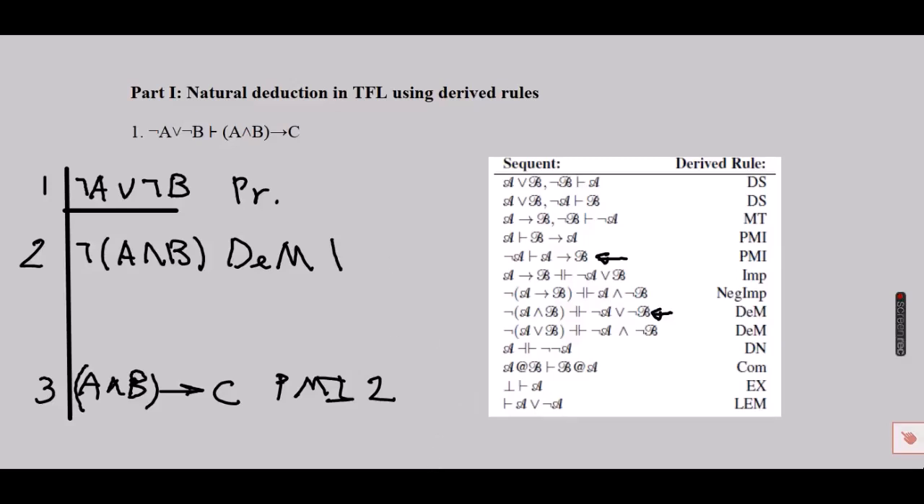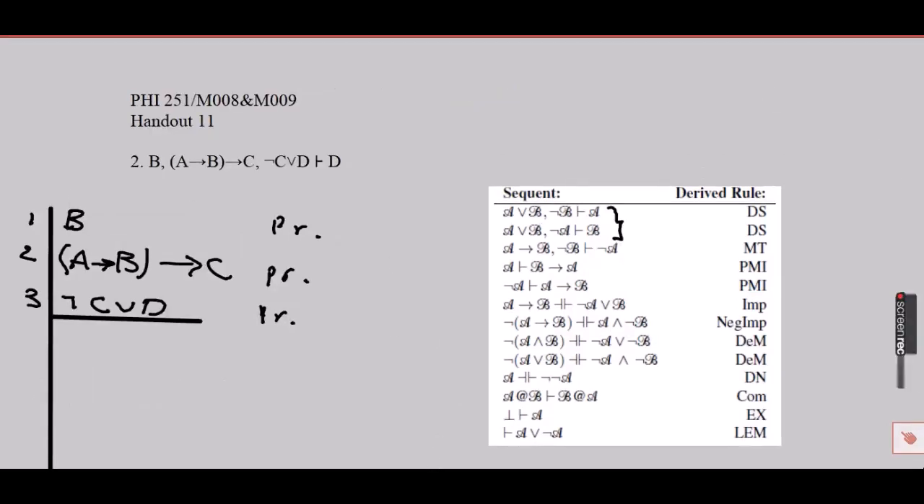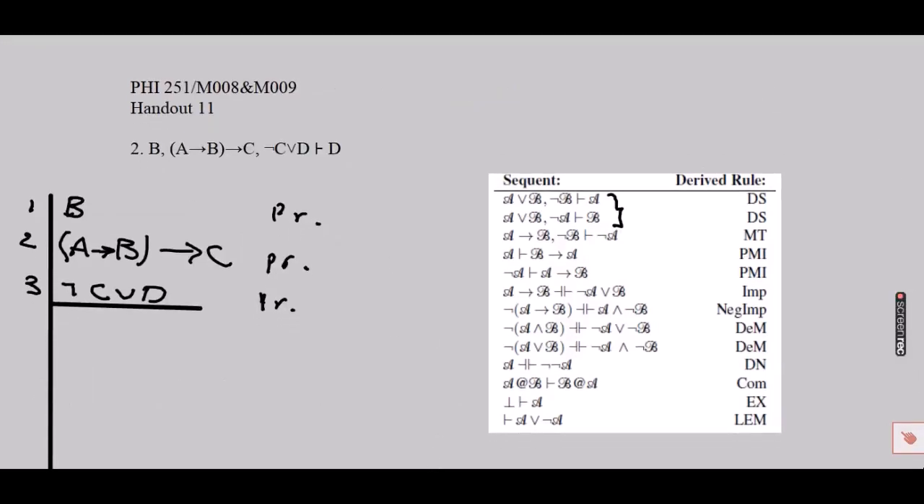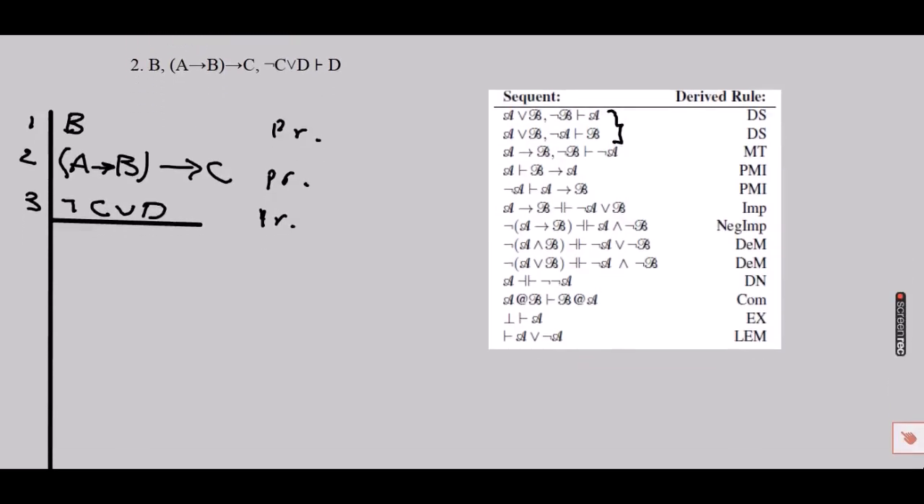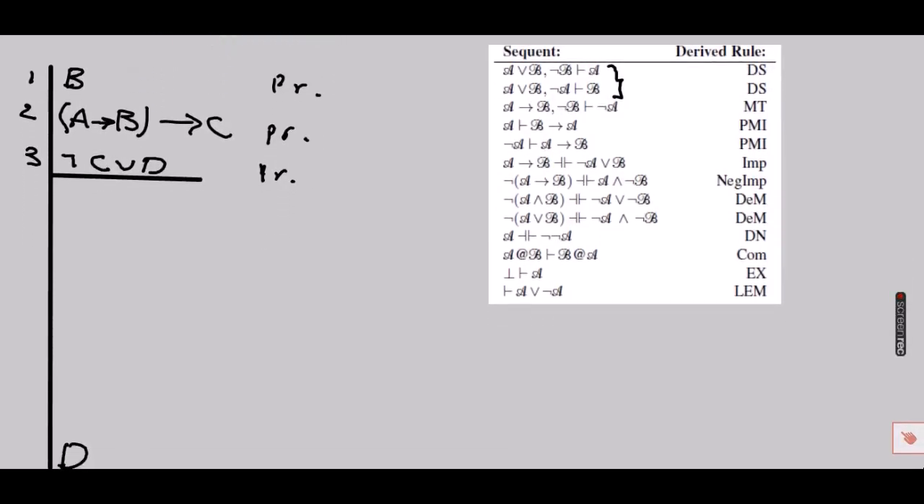Okay, now let's do another one. So here we have 3 premises, and our goal is to get to D. Okay, so my idea here is this. Since I'm trying to get D, and D is here in this disjunction, I am going to apply